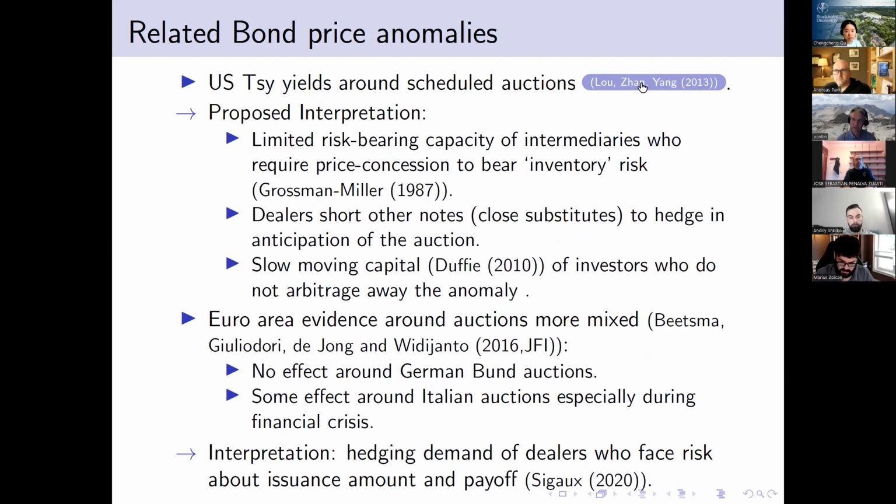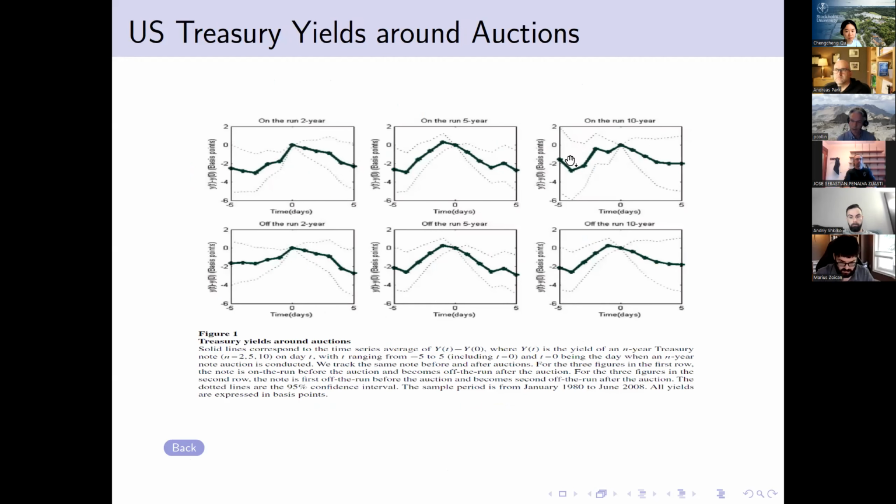There's this very nice paper by Lu, Zhan, and Yang, which I'm sure you're aware of, where essentially these authors demonstrate that around repeated, scheduled, and deterministic treasury auctions, the yields there... the picture I showed you for our data was returns on bonds, so of course they go in the opposite direction of theirs. They're looking at yields. So they show that yields go up into the auctions and then drop thereafter, which means